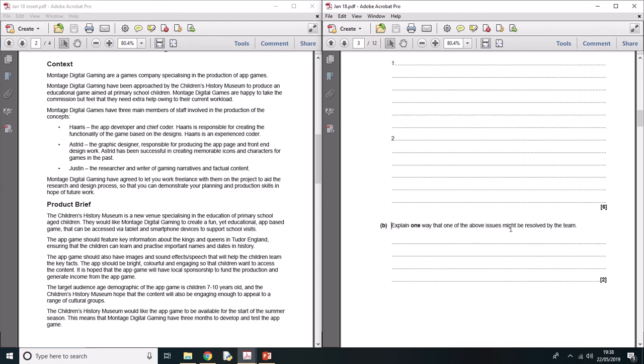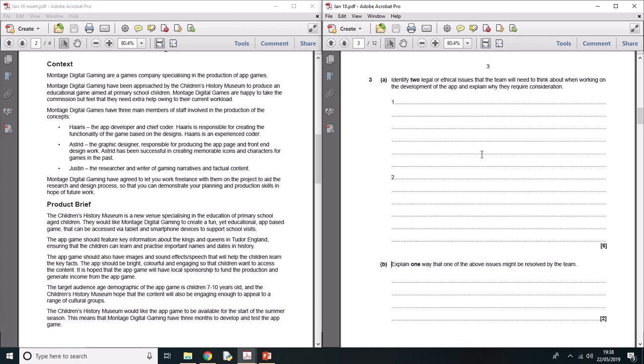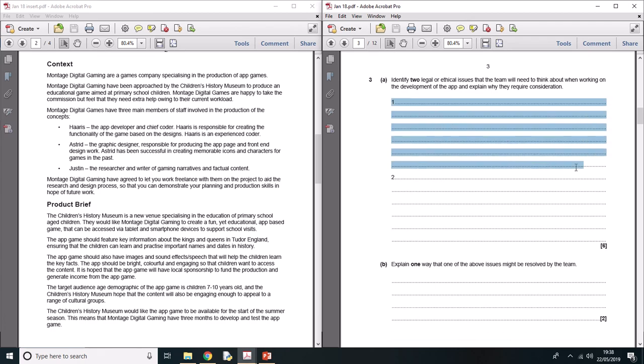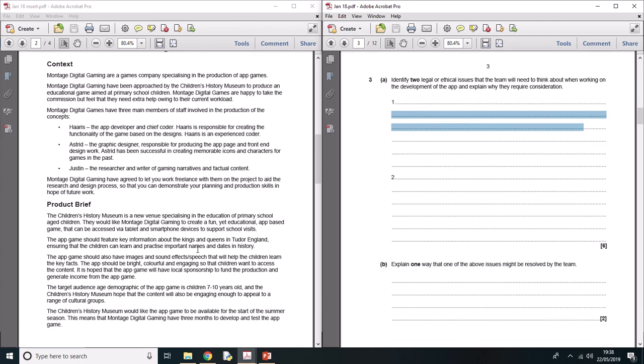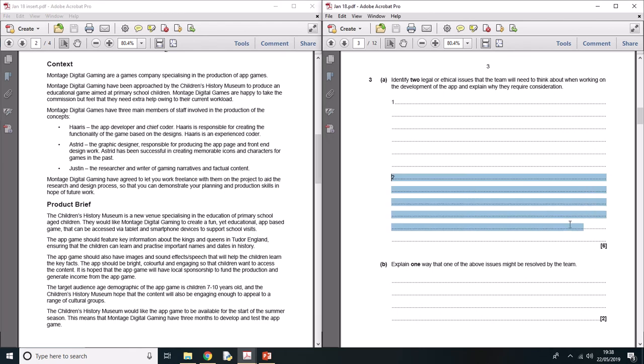Explain one way that one of the above issues might be resolved by the team. So you can resolve the ethical issue of their age, 7 to 10. You could do that through audience testing, maybe check with the parents whether they think that the content is suitable, something like that. One way that you can resolve copyright, which is what you should always be able to put in,